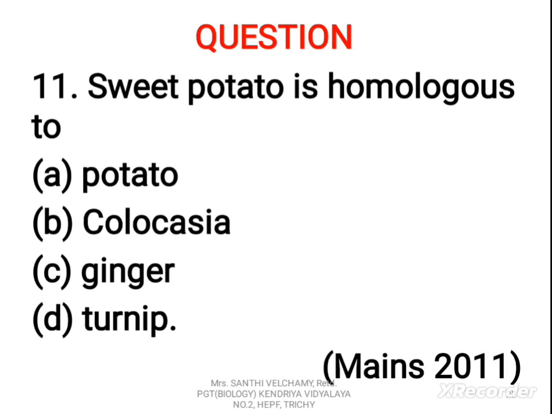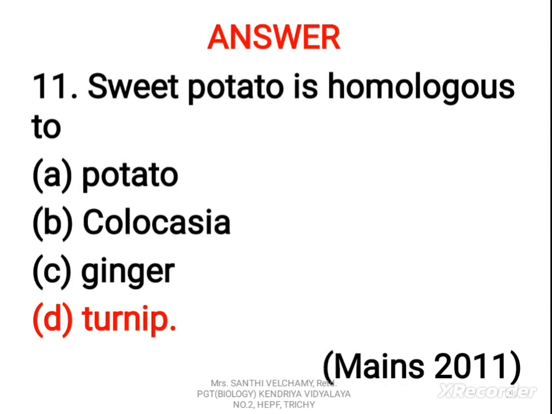Next question. Sweet potato is homologous to A. Potato, B. Colocasia, C. Ginger, D. Turnip. The correct answer is D. Turnip. Sweet potato is homologous to turnip as both of them have the same origin. So both are roots but modified for different functions. Sweet potato is a modified root for storage and vegetative propagation, while the turnip is only modified for